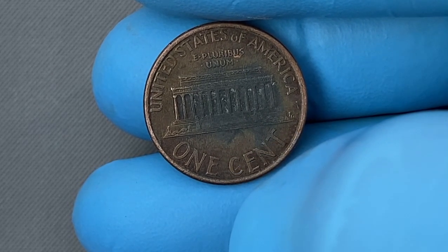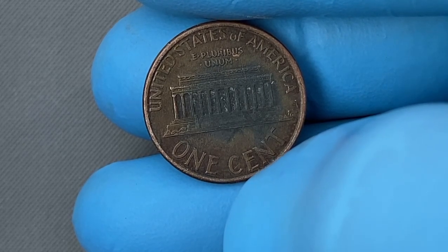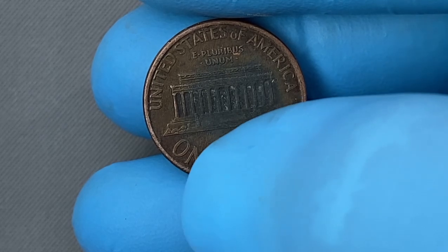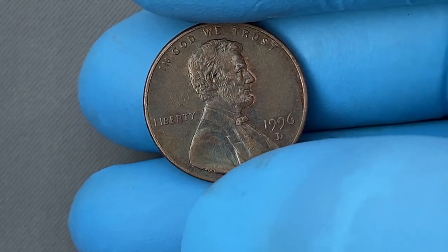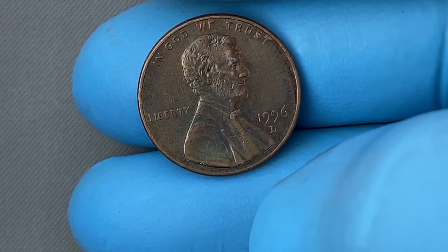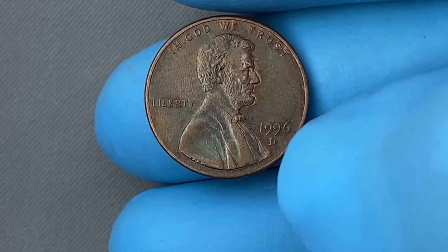Another type of rare 1996 penny is the proof-like variety. These coins were struck with extra care, resulting in a high-gloss, mirror-like finish that makes them shine. While these proof-like pennies are less common, they're still highly sought after by collectors. If you happen to have a well-preserved proof-like 1996 penny, it could be worth a significant amount more than face value,